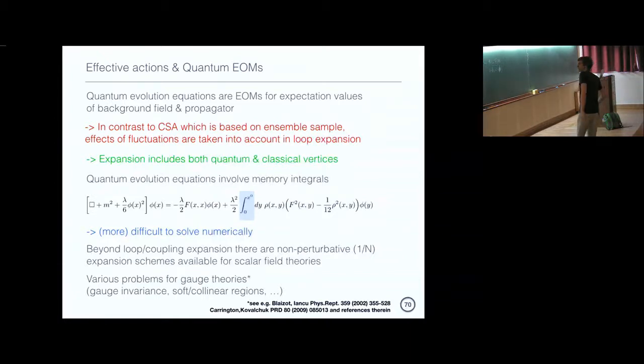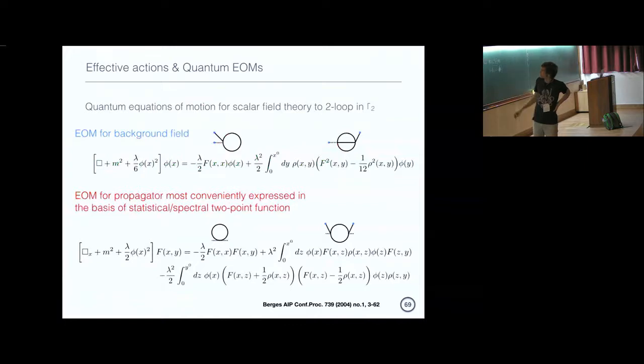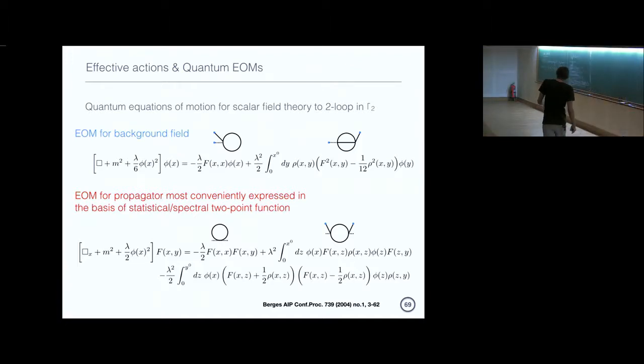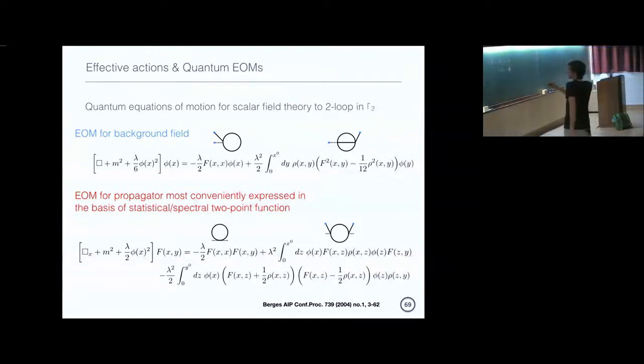this is related to the fact that, if you look at what appears on the right-hand side, perhaps the easiest way is to see this in these diagrams, right? What really appears on the right-hand side is higher n-body correlations, right? So when you have a self-consistent field and a self-consistent propagator, you're essentially still expanding around the Gaussian state. Whereas everything that appears on the right-hand side is essentially non-Gaussianities, if you want. And the way these non-Gaussianities are built is through the interaction of essentially Gaussian fields, and therefore they involve these memory integrals.